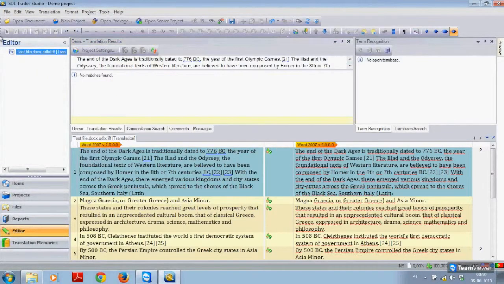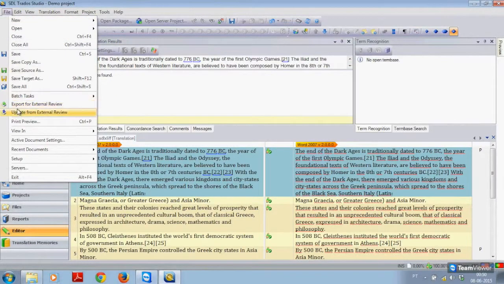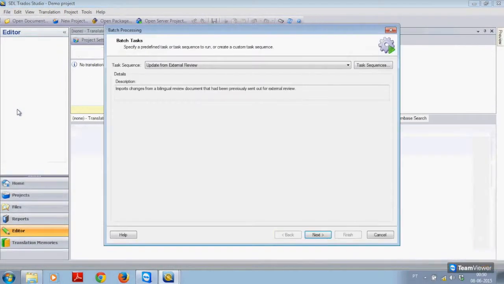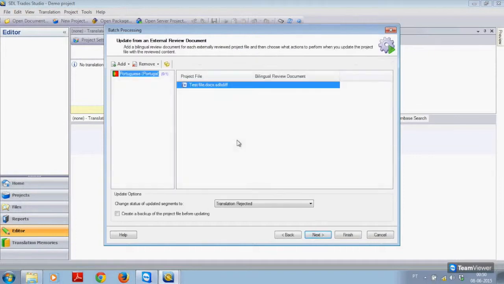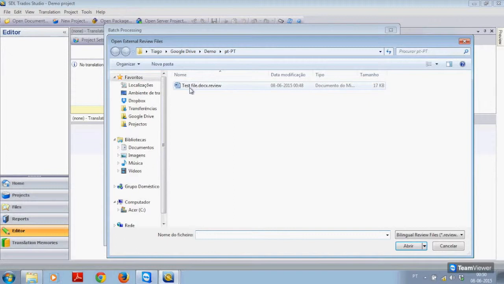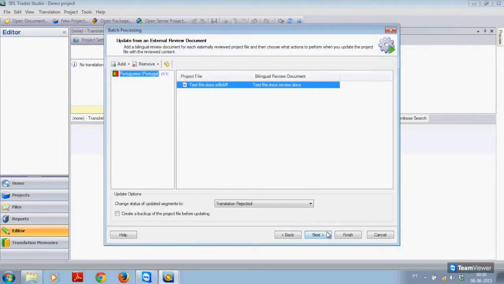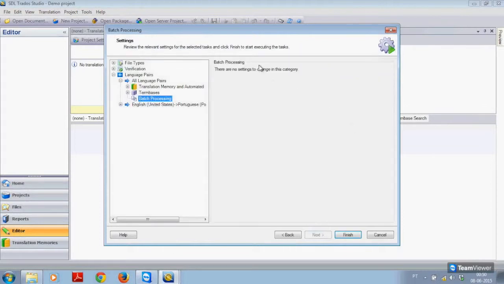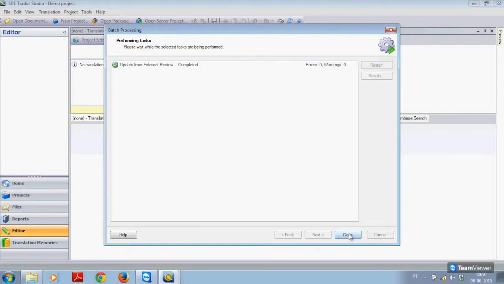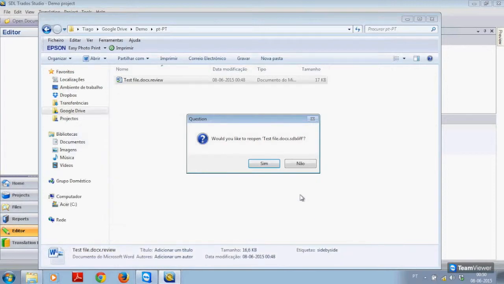Go back to SDL Trados, click on File, and Update from External Review. I will then click on Next, choose Add Specific Bilingual File, and choose the updated text file. Click on Next. There are no settings to change in this batch processing category, and I'll click on Finish. And it has finished with 0 errors and 0 warnings. When I click on Close, it asks me if I would like to reopen test file